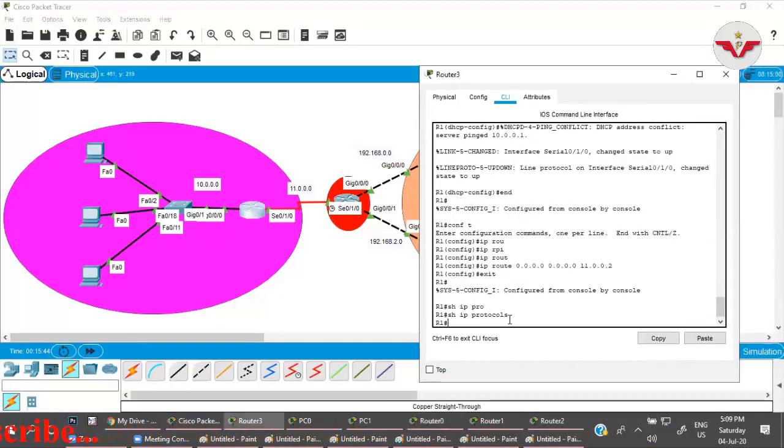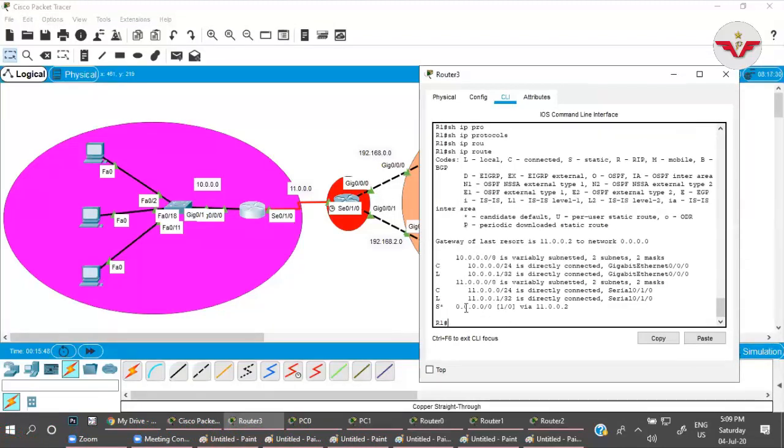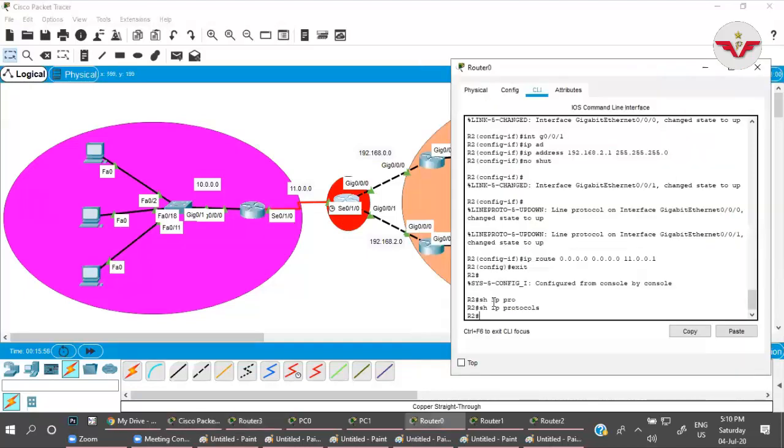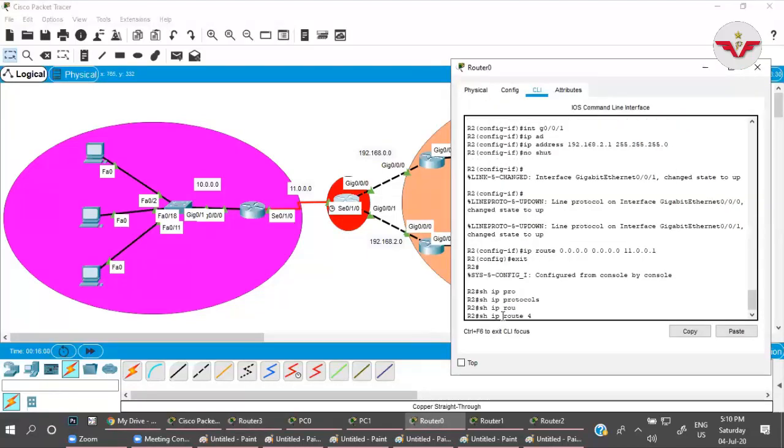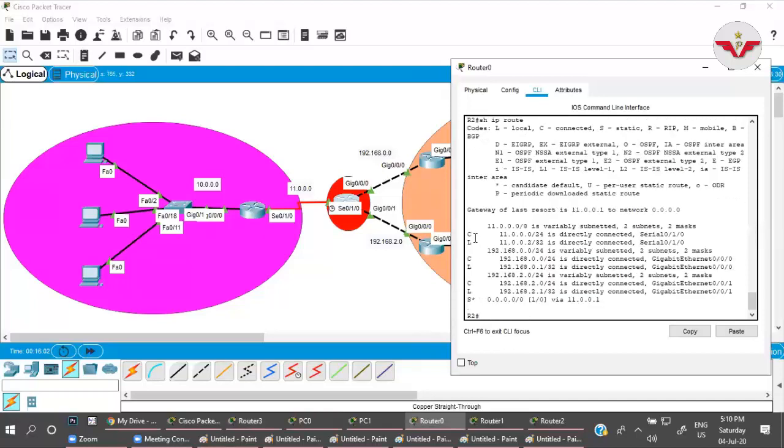If I check show IP route, it is showing two networks directly connected and one default, right? This router will also show the same thing. Show IP route: networks 1, 2, 3 are directly connected, and here is a default route, right?